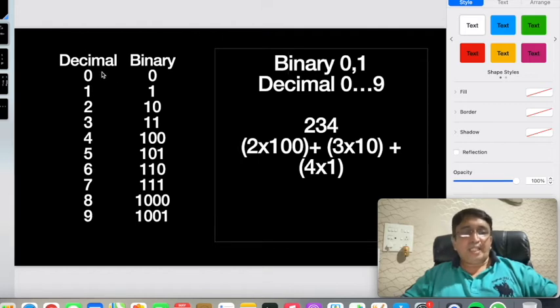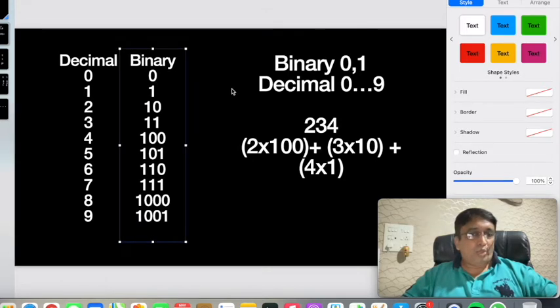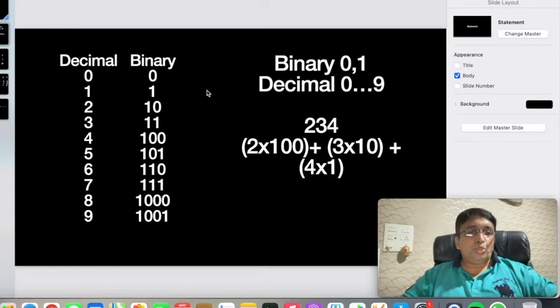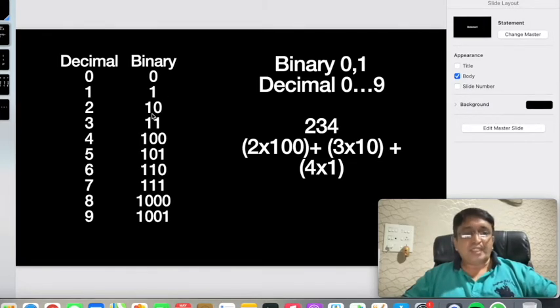Now when we say decimal 0, for binary it's 0 only. When we say decimal number 1, in binary it's 1 only. But when it comes to decimal number 2, binary doesn't have any answer for that. So 0, 1, that's it. The numbering system within binary is finished. So for 2, the representation is 1, 0. That is the next number which is made of only 1 and 0 combination. So after 1, it's going to be 10. According to us it's 10, but in binary, it's 1, 0.